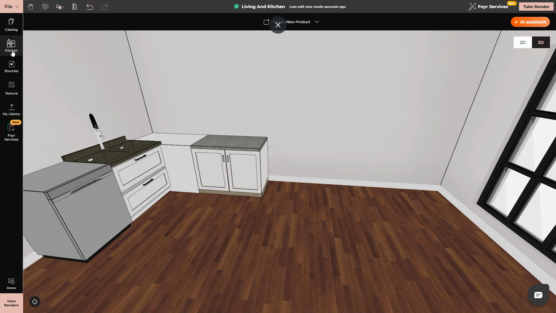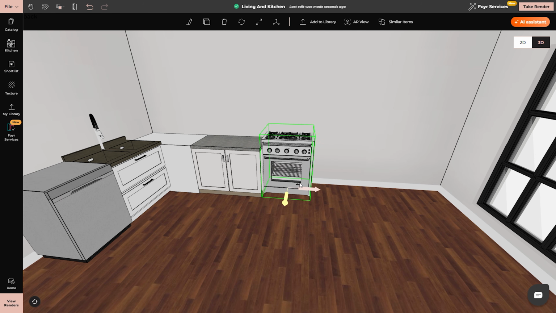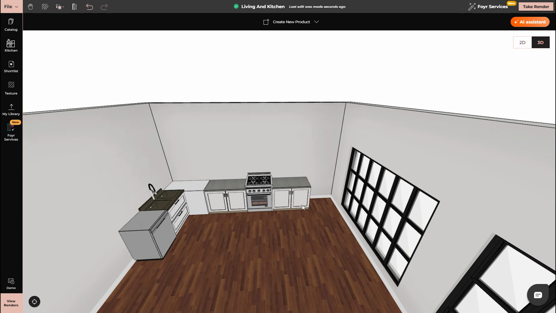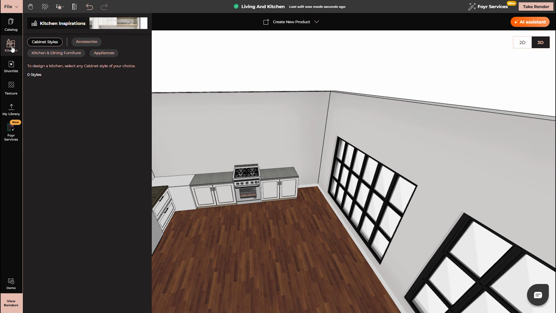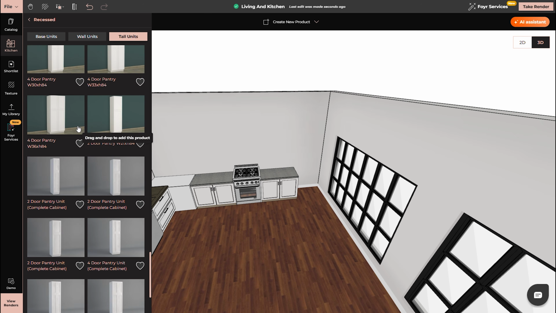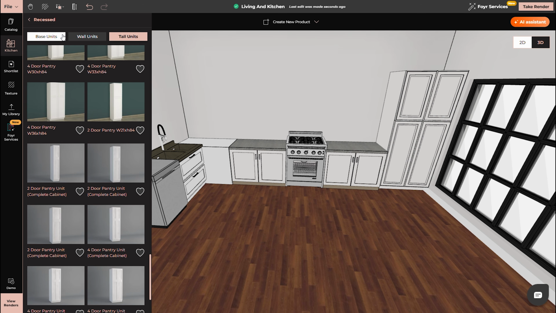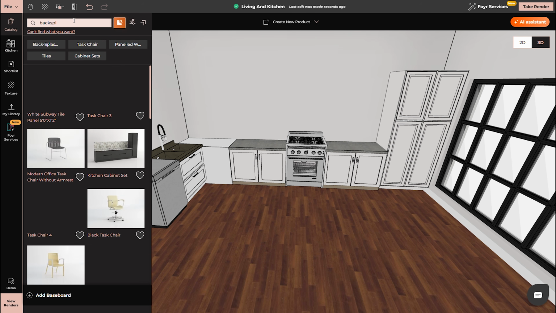Let's add a gas range with an oven in the middle. Ctrl+C can be used to duplicate these components and create a copy. On the space on the far end of the kitchen, let's add a tall cabinet with closed doors. With the base cabinets done, let's now add a backsplash to the kitchen, and we can do that by searching